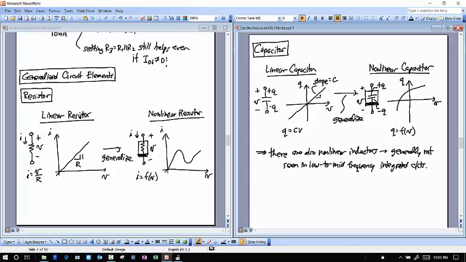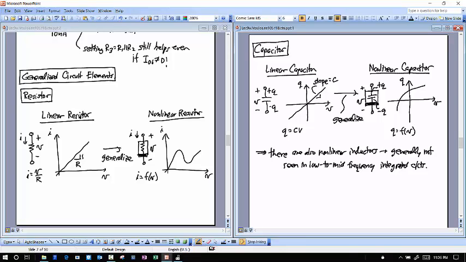In low to mid frequency integrated circuits. So we're not going to say a lot about those. You might run into those again if you start taking a course like 142 here, or other courses in mainly communication types of circuits. So there you are. You have these generalized circuit elements, and so let's give an example of one of these